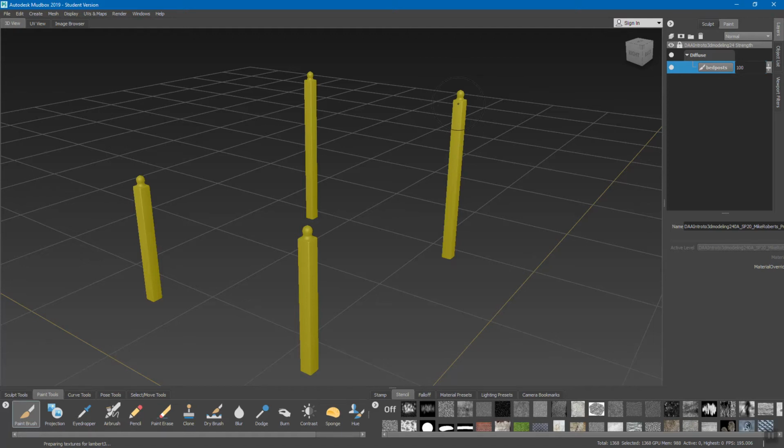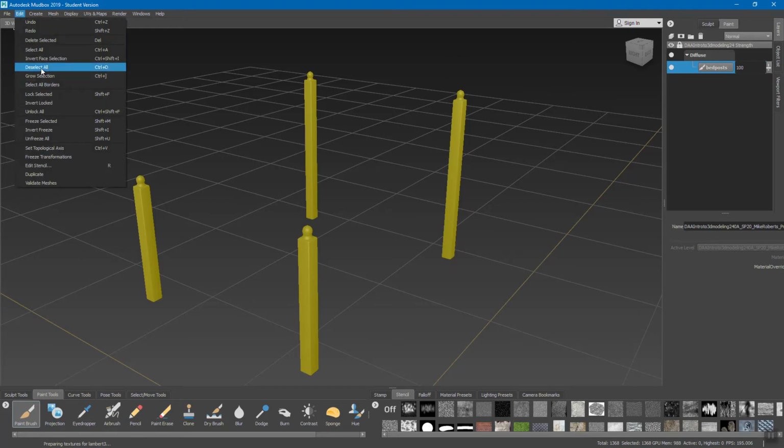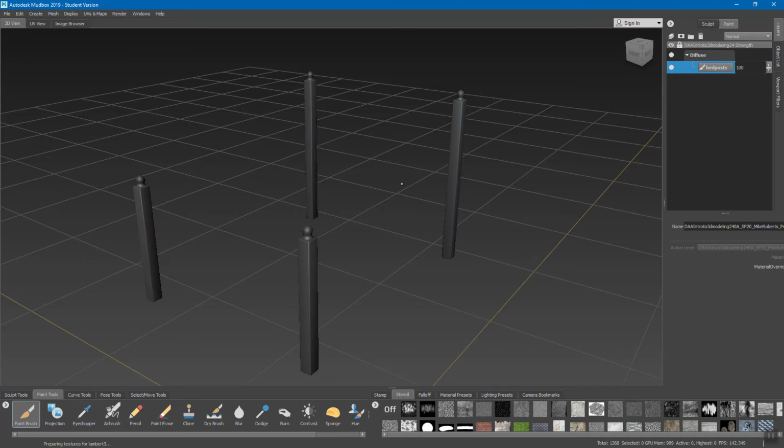So remember that yellow is just indicating that faces are selected. An easy way to get rid of that is to go to Edit, Deselect All. There is a quick key for that though, you guys see, Control D. And there we go. And now we've got our layer, and we're going to be able to paint on the